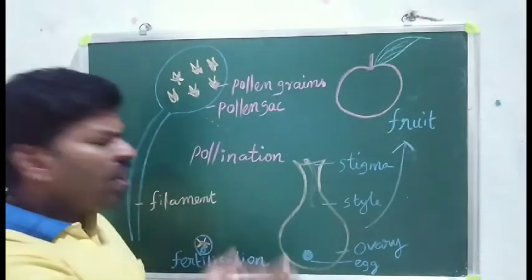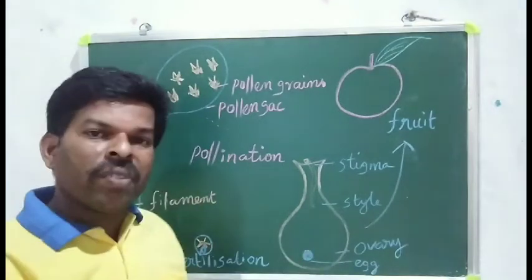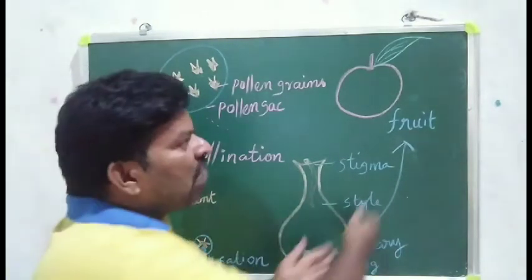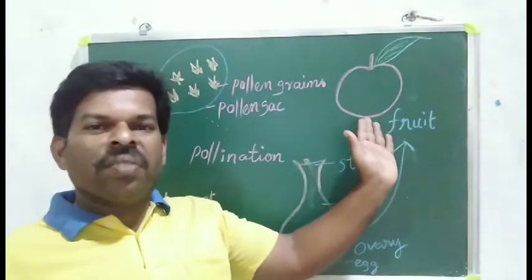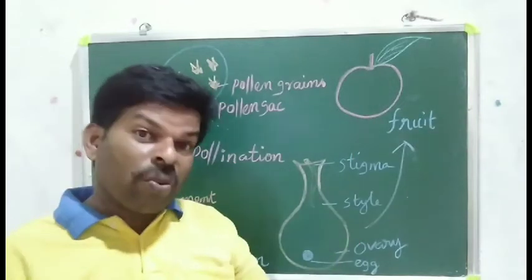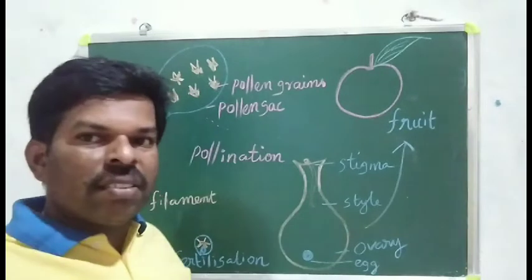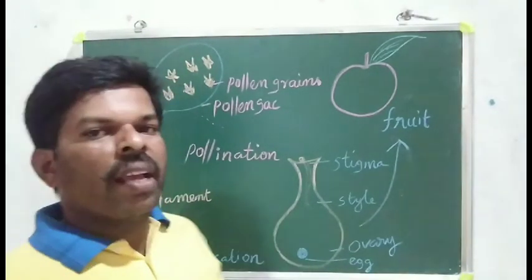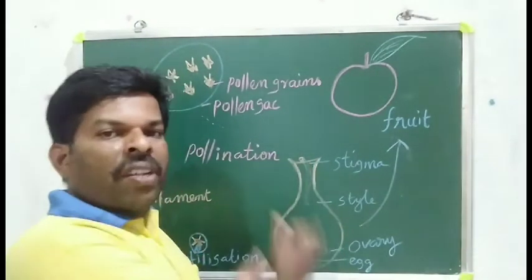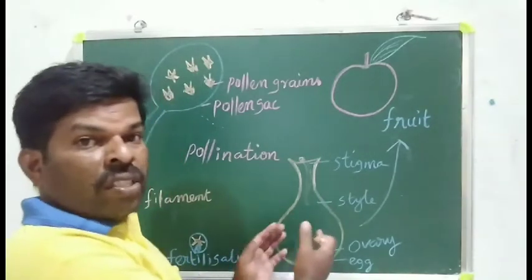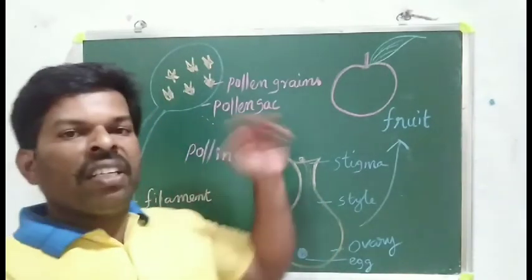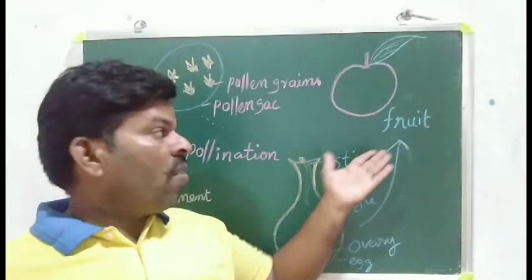After the fertilization, what will happen in the gynoecium? Interestingly, it will convert to the fruit. How can it form the fruit? The question will be asked. I don't know, sir. Okay, don't worry. This is from the topic you should understand. After the fertilization, the ovary, a female part, is entirely changed, entirely converted to the fruit.